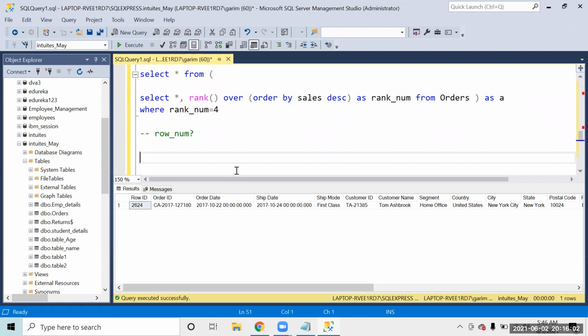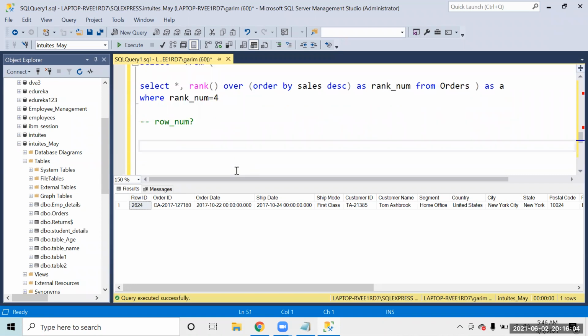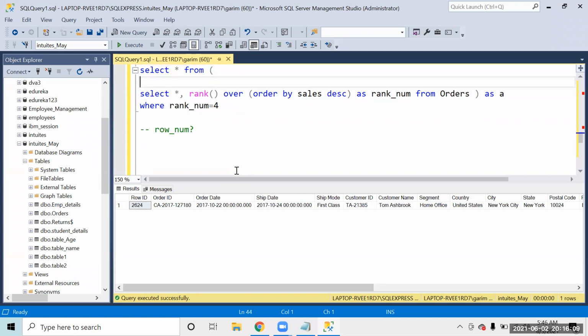Row number is simple. You assign a row number to each and every record. We use row number in the same way as the rank function over here. So if I write this query, select, and instead of this, I say row number over here,